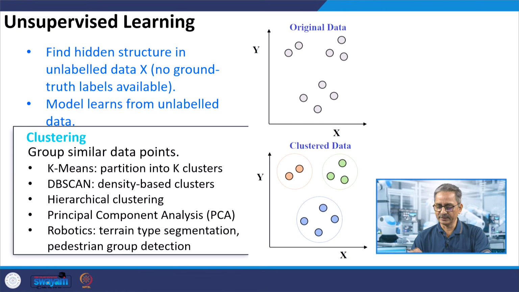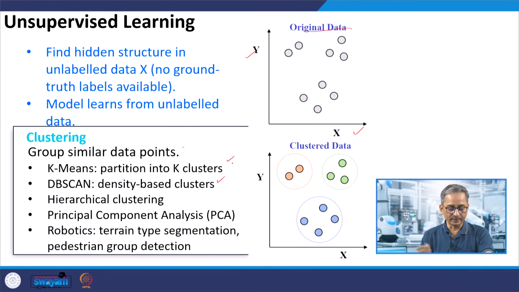For example, if we mark x and y, your original data is something like this, then in clustering, which is a type of unsupervised learning, we could group similar data in a single cluster. So, in clustering we group similar data points, k-means partitions into k clusters,